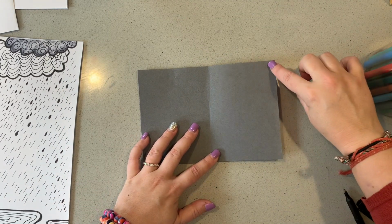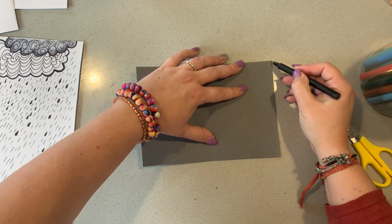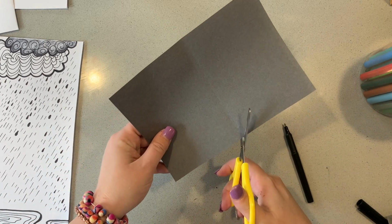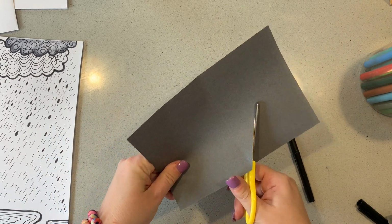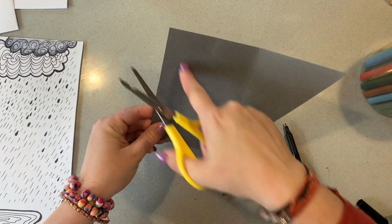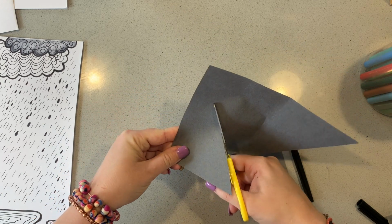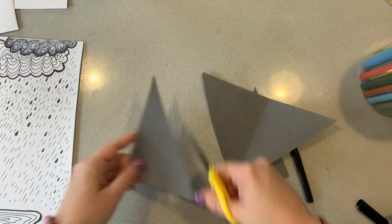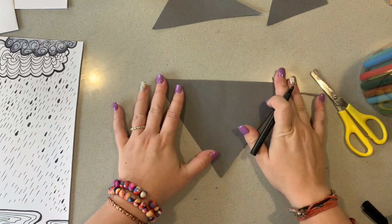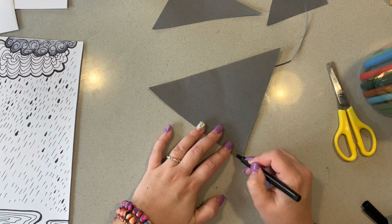I'm then going to cut from this corner to this pinch. If you prefer to draw a line to help you with that, you can choose to do that. So from my little pinch, straight as I can to my corner. And I'm going to repeat that and go to the other side to make a triangle. Before we do anything else, we are going to add some line designs to our work here. The type of line designs you might choose to do